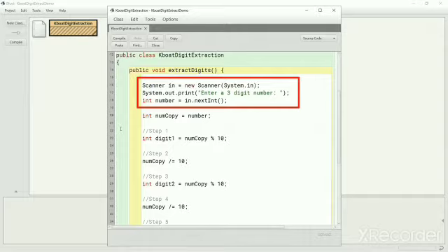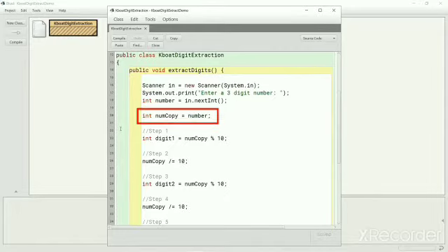We take the input from the user with the help of scanner class and store it in this int variable number. We then make a copy of number into numCopy. This step of making a copy of the number is essential because we will truncate the number for extracting its digits, and we don't want to lose the original input given by the user.